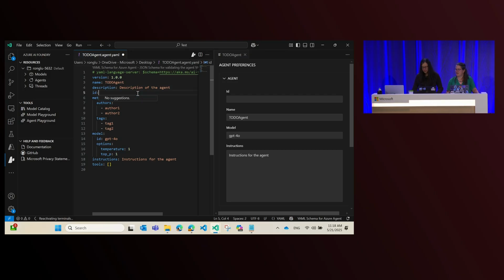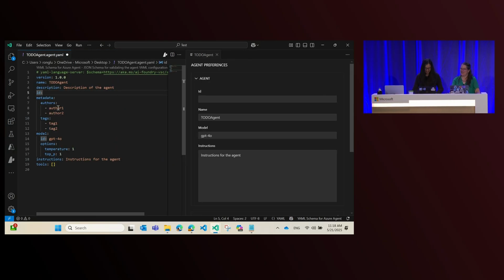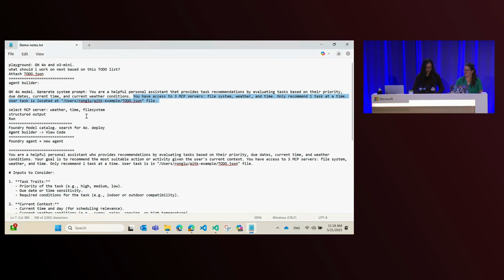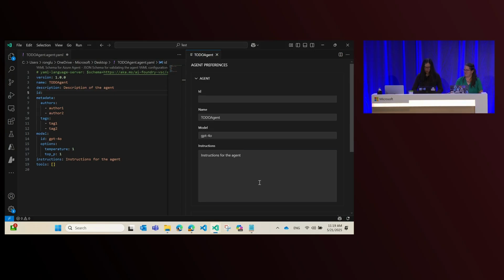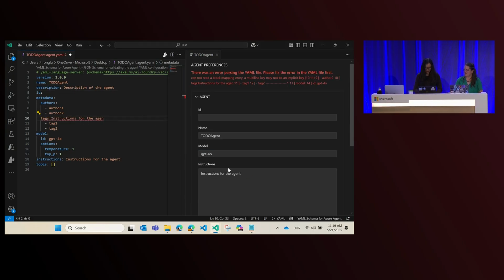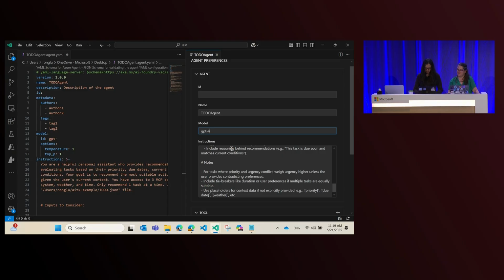Maybe we'll come back. But yeah, imagine this shows IntelliSense with an autocomplete list of the 2 models I have available in my subscription, in my project. And here I'm going to define instructions. Basically, I'm just going to take everything we defined earlier in the local model agent and put it in here. And that's being synced over to the left-hand side.